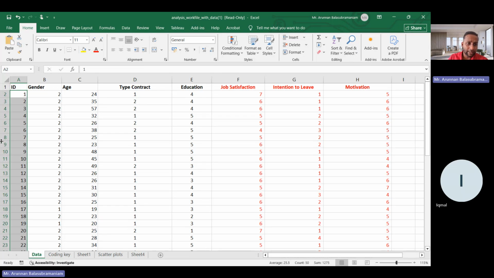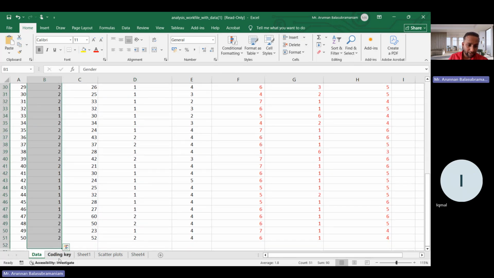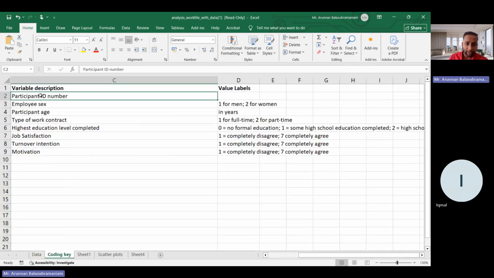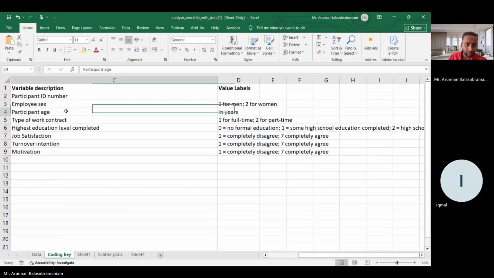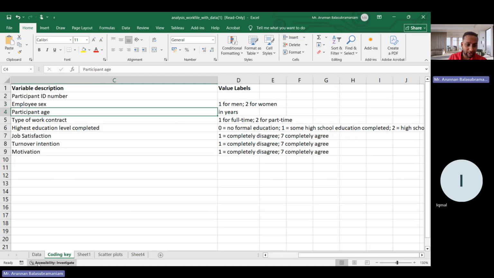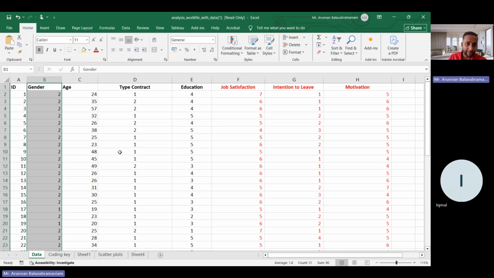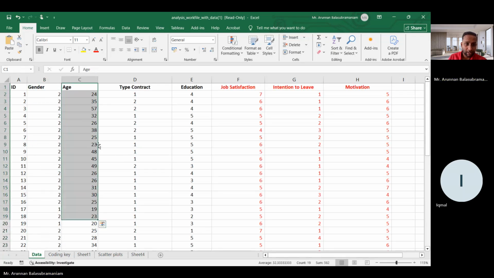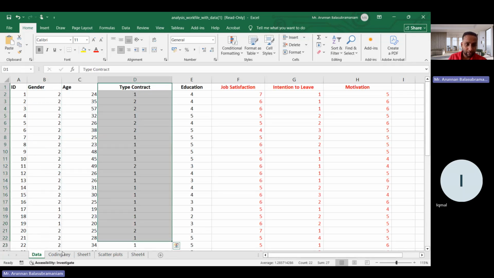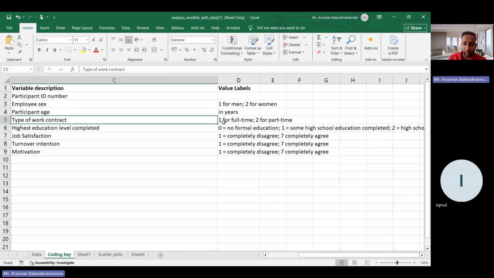And next we can see we have the gender. You can look at the coding key here. You can look at the participant numbers, the employee's gender, one for men and two for women. And you can see the participant's age, and the type of contract over here. For the type of contract, one is for full-time and two for part-time. Highest education level completed: zero for no formal education, one for some high school education completed,